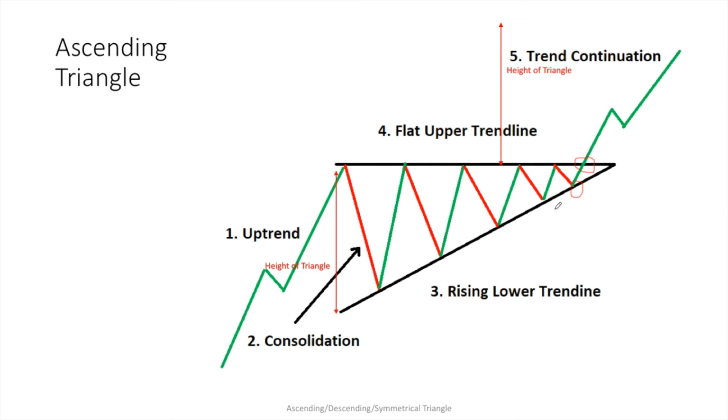And what is my target? You have to calculate the difference between your swing high and swing low, or you can say the bottom of your triangle. So this is the high point and this is your swing low point, so the difference between these two points will be your target from your breakout point. Normally it occurs during an uptrend, taking resistance at the horizontal line, taking support at the trend line, and once the breakout happens, you have to trade.